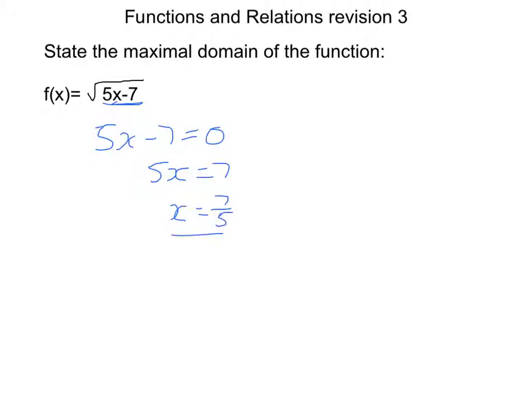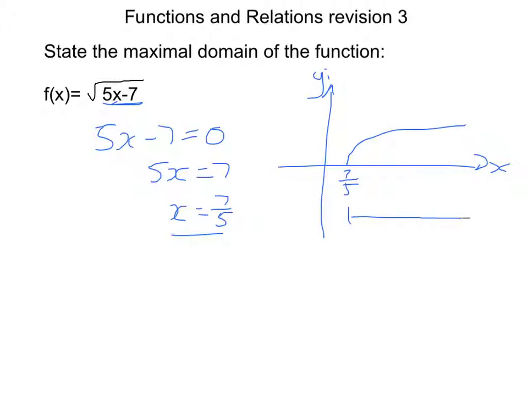So that's going to be the limit for our particular graph, and the graph will look something like this, x and y, so it'll go something like that with our limit of 7 over 5. So the maximal domain is going to be anywhere from 7 over 5 upwards. So we'll say that our maximal domain is 7 over 5, and